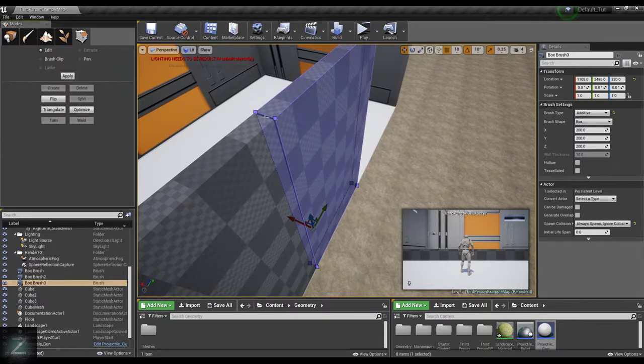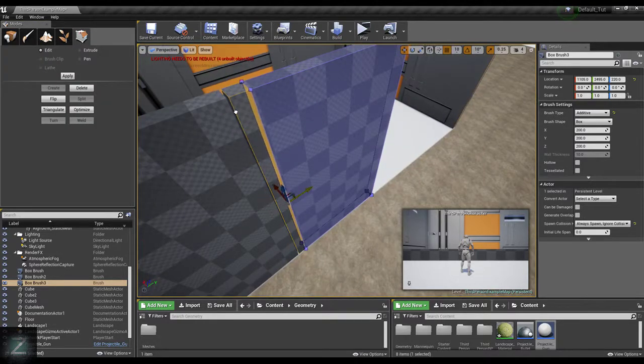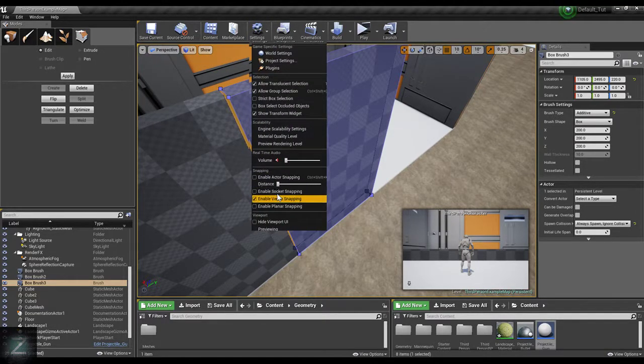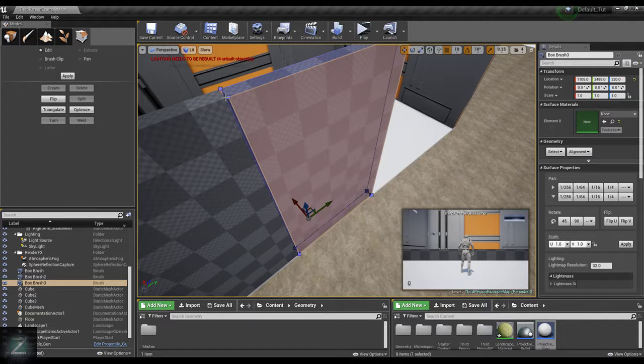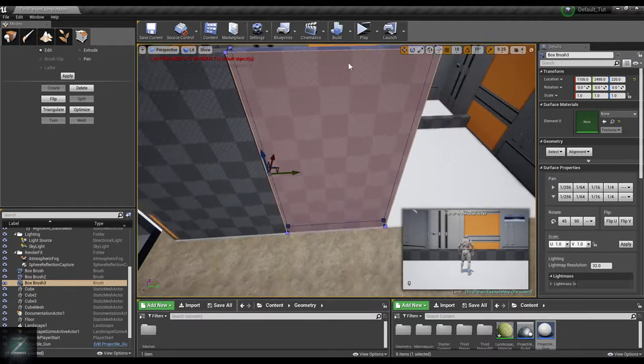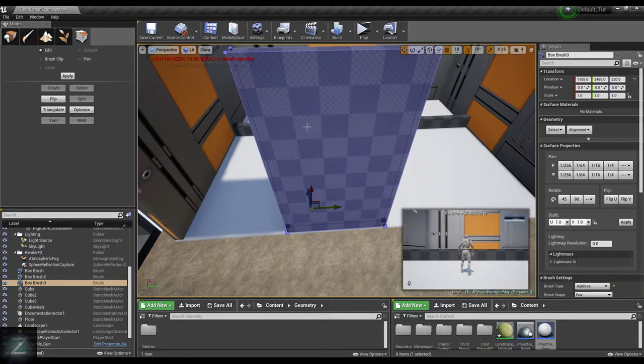Selecting this face and pulling it, and it looks like it's not. Not sure there's a reason for it. Maybe if I did it by the vertexes, but actually I think what I could do,